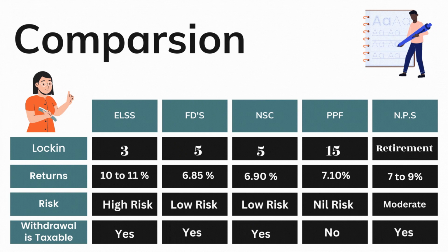Let's compare ELSS with other tax benefit options under Section 80C of the Income Tax Act. If you look at the chart, you will find that ELSS is high-risk, high-return with the shortest lock-in period. Other options you will definitely find with lower risk and lower returns compared to ELSS, and their tenure is also